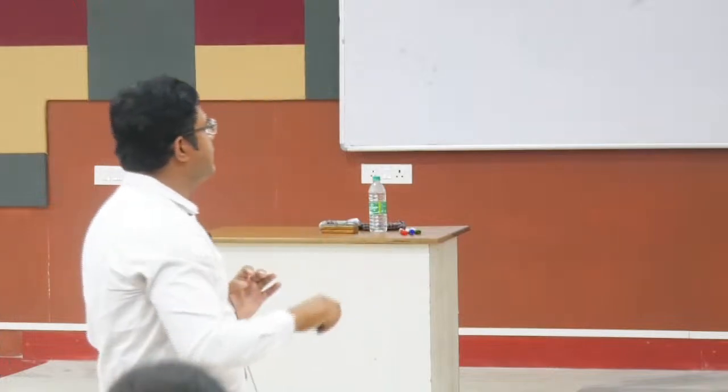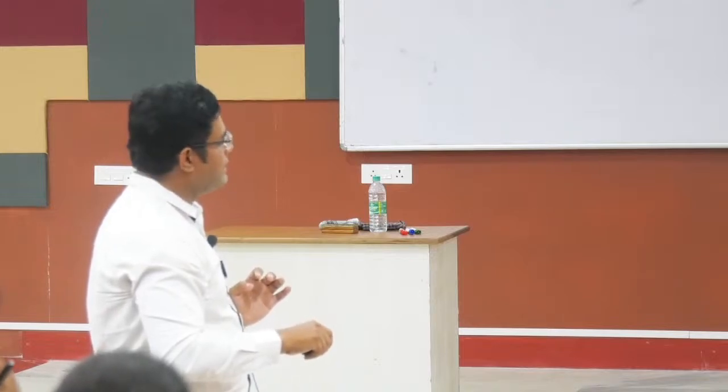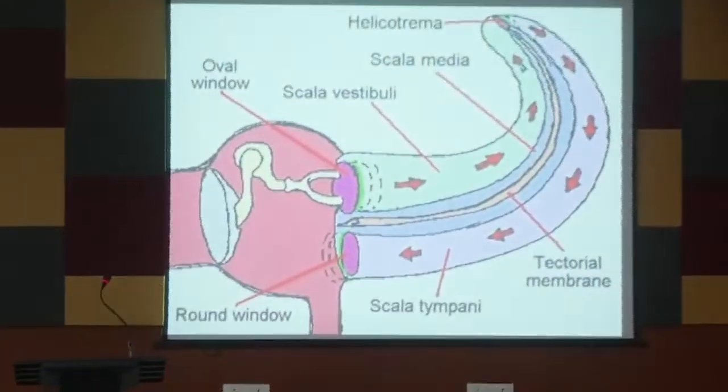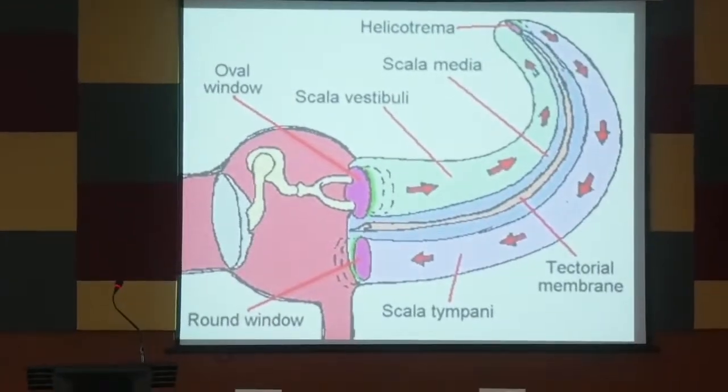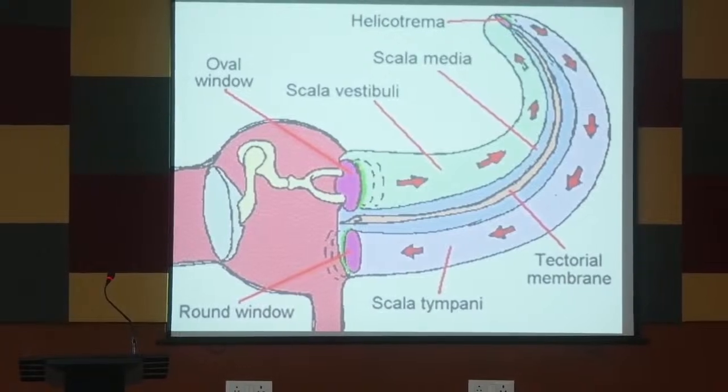सो ये डायग्राम वही डिपिक्ट कर रहा है। ओवल विंडो पे वाइब्रेशन किया, इट विल मूव लाइक दिस थ्रू द हेलिकोट्रेमा टू द स्काला टिम्पेनी एंड आउटसाइड, यहाँ से डिसिपेट करेगा एनर्जी। जब ये मूव इन होगा तो ये मूव आउट होगा। दिस इज द फेज डिफरेंस। अगर ये मूव आउट नहीं हो पाएगा तो एनर्जी ट्रेवल ही नहीं करेगी। इसीलिए फॉर द साउंड टू ट्रेवल एंड साउंड टू बी हर्ड, दीज 2 विंडोज शुड बी सेपरेटेड, ठीक है। यहाँ कैसे सेपरेशन है? मेम्ब्रेन के थ्रू, ऑसिकल्स के थ्रू ये बंद हो गया है, और यहाँ पे डायरेक्टली ओपनिंग इनटू द मिडिल ईयर।